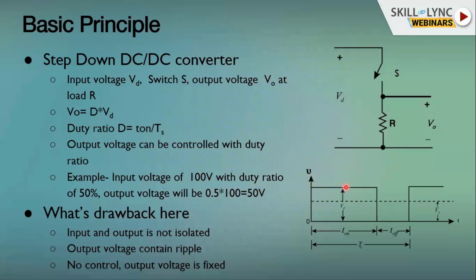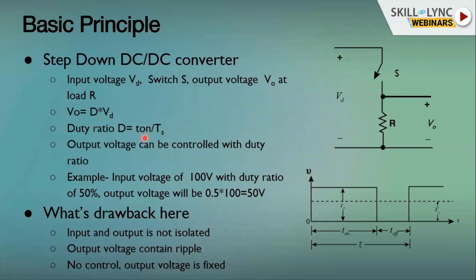So if you see, this is basically again a chopped voltage. Now I am defining in this waveform T on, where you are switching on the switch, T off, where you are switching off the switch, and the total time duration is Ts. Now here we have a new terminology called duty ratio, where duty ratio is equal to T on divided by the total duration of one switching cycle. So this output voltage is nothing but this duty ratio multiplied by the input DC voltage VD, right?